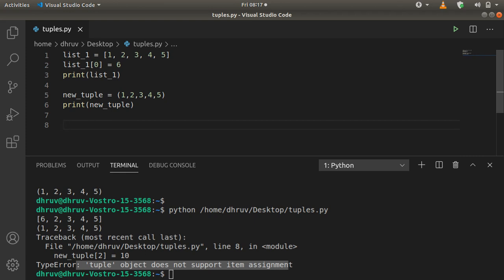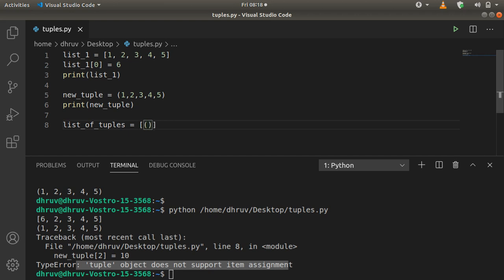One more thing is that you can have a list of tuples. Let's say list of, I'm sorry, tuples. You can use tuples inside of a list if you want to show the x and y coordinates.